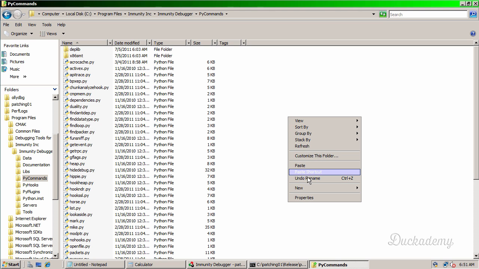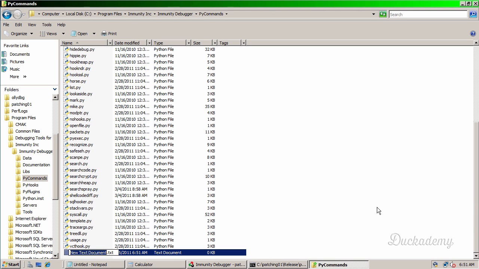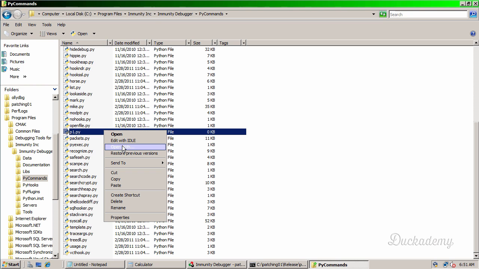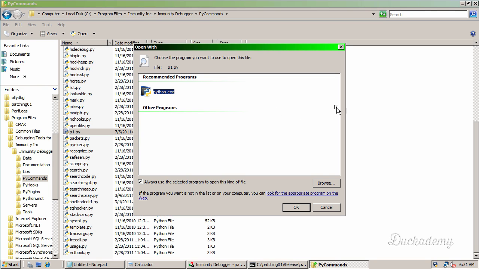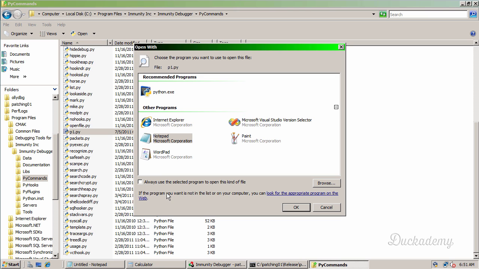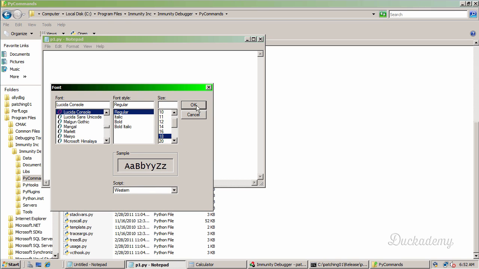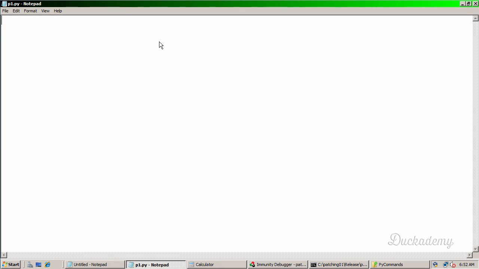We create here some new Python script. It will be called as p1 because this is patching 1.py. Oops, sorry, py. It's created. Right click, open with, not with Python yet, but with a notepad to edit it. Okay. And let's try to write our script. We will start, oops, I will change the font to use some bigger one, maybe it's better for you to see it. So we will start with the import immlib